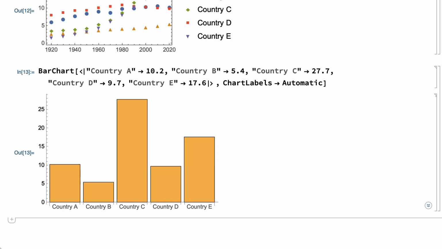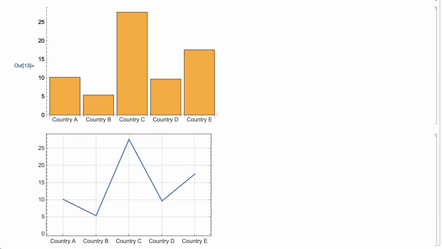In this data, the country is a categorical variable, and although countries could of course be ordered alphabetically or in some other way, the name of a country is essentially just a label. The same data could in principle be shown in a line plot like this, but a bar chart is probably